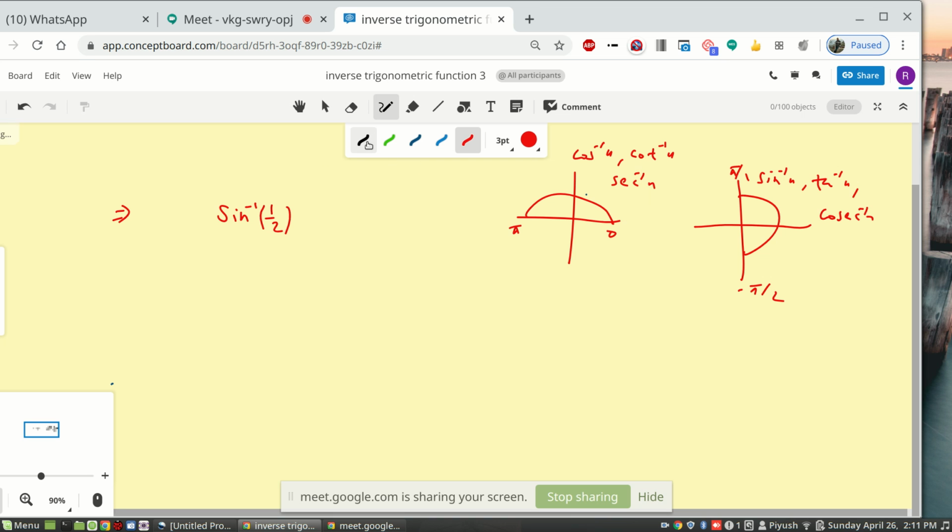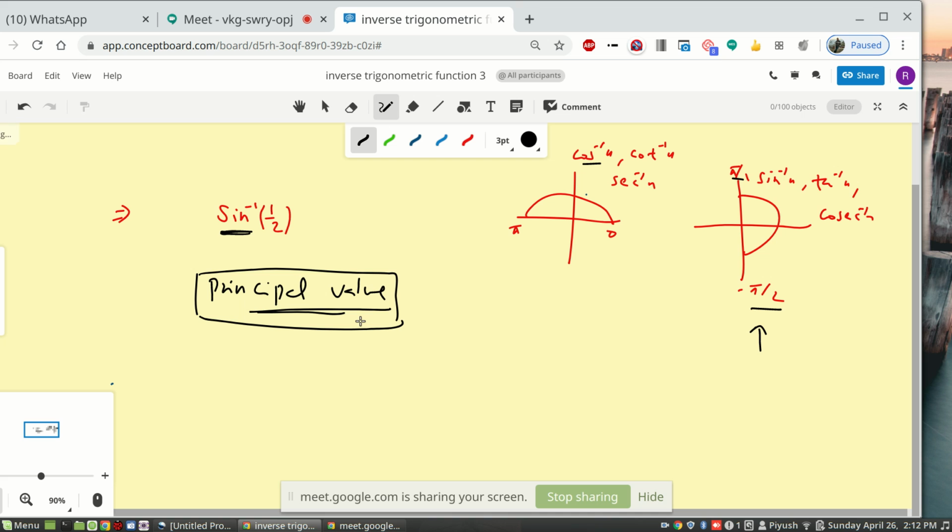So one thing I want to clear: you will be finding the word principal value. It is just a fancy word, you do not have to bother about it much. The principal value means if I am writing sine inverse, the answer will be from this region, from minus 90 to 90, that's it. Whenever sine inverse and tan inverse is there, the answer will be some angle, and that angle belongs to minus 90 to 90. And if cos inverse, cot inverse, sec inverse come, then your answer should lie between 0 to pi, means 0 to 180 degree, and that is the meaning of principal value. So you will be finding the principal value word, and the meaning of that is this.